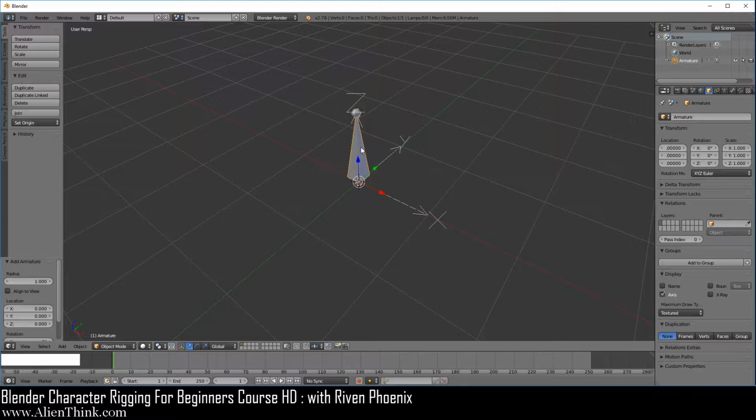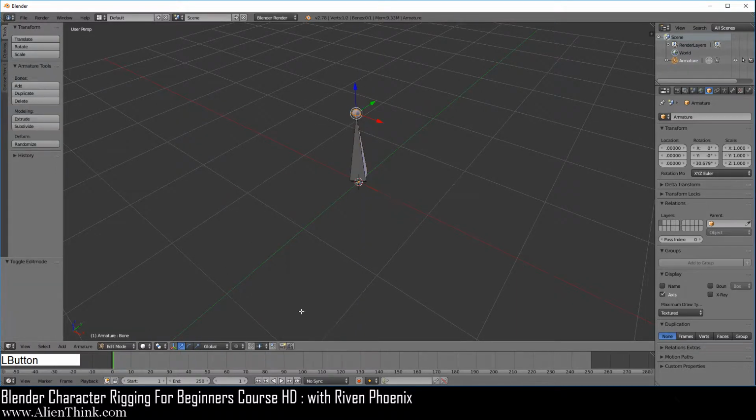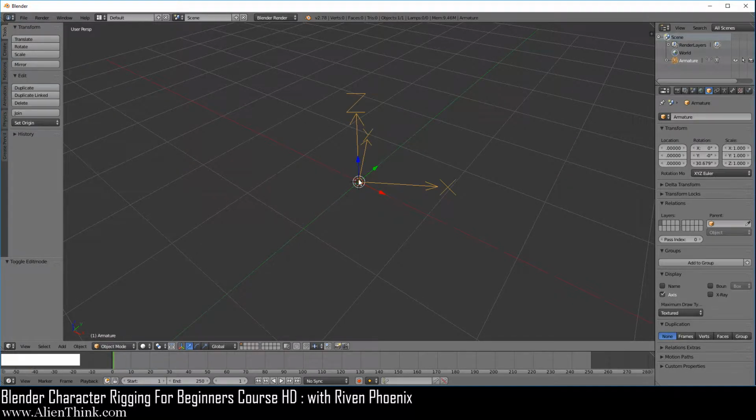So if you have the armature selected, and if you press the R key to rotate and press the Z key for the Z axis, you can see that we can rotate the armature and its local axis. Meaning that if you switch to edit mode, click on the body of this bone, X, and delete it, we're again dealing with the origin point. So if you go back to object mode, you can see that this is what we're dealing with.